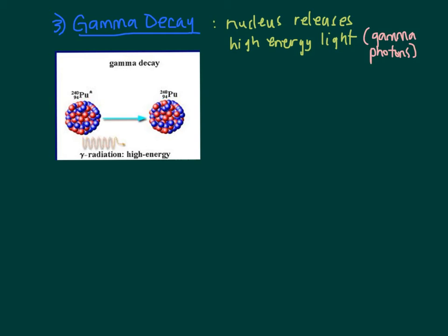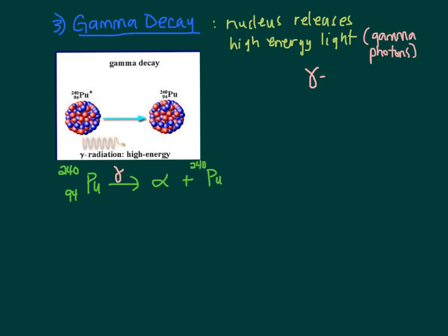So the Greek letter gamma looks like this. Sometimes you'll see gamma radiation, or a gamma particle, written just like this, like a gamma. All right, so let's write an equation for the gamma decay of this particular element, plutonium-240. So if I asked you to write the gamma decay, which I may do, what you're going to end up with on the other side is a gamma particle and the same element you started with before,